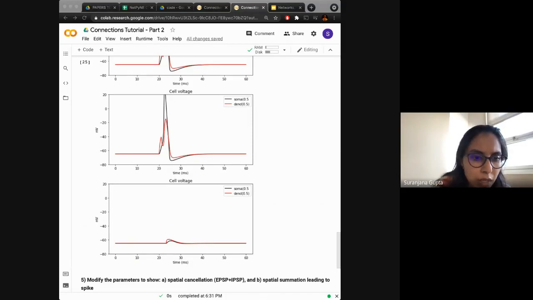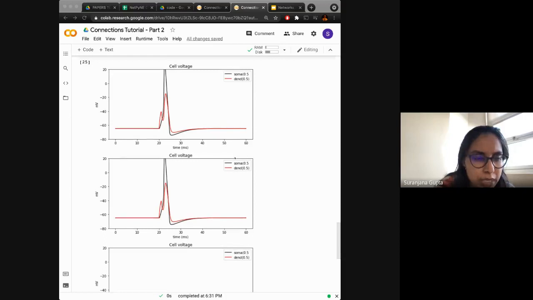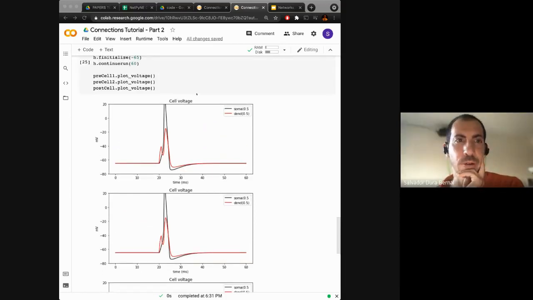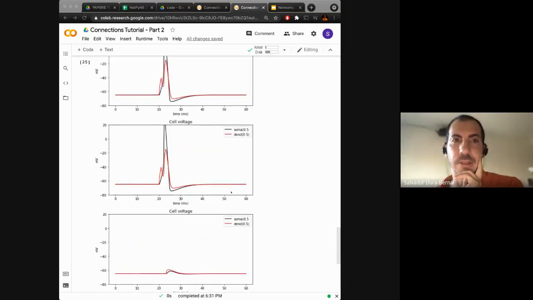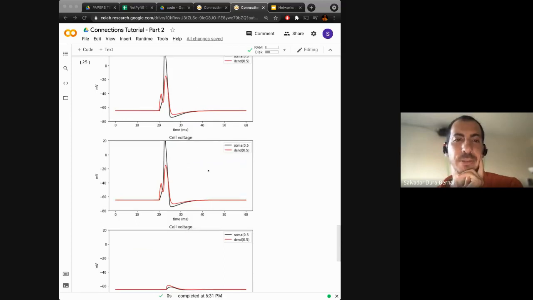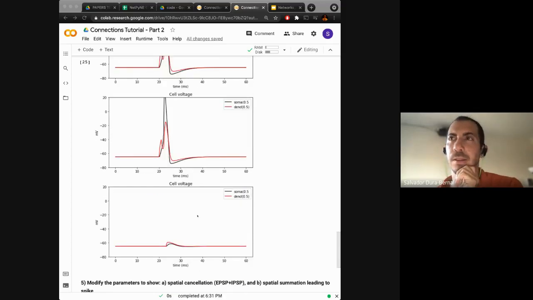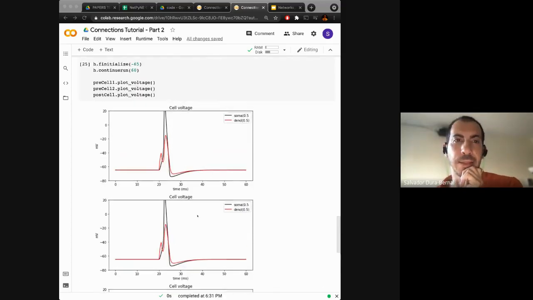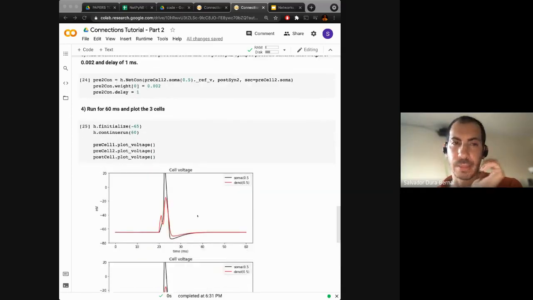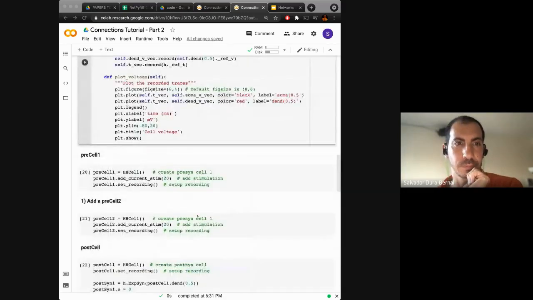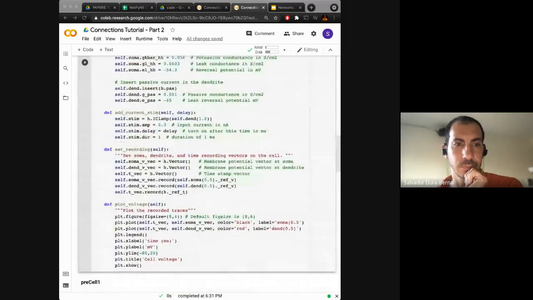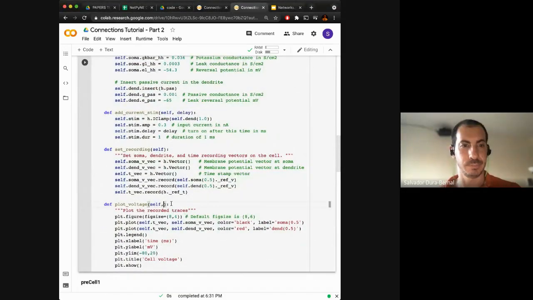These graphs, the first two are pre-cells, right? The presynaptic. Yes. The first two are presynaptic cell 1, presynaptic cell 2, and then the postsynaptic cell. So we could add some titles to make it easier. You could have a title argument here. You don't need to do this, but